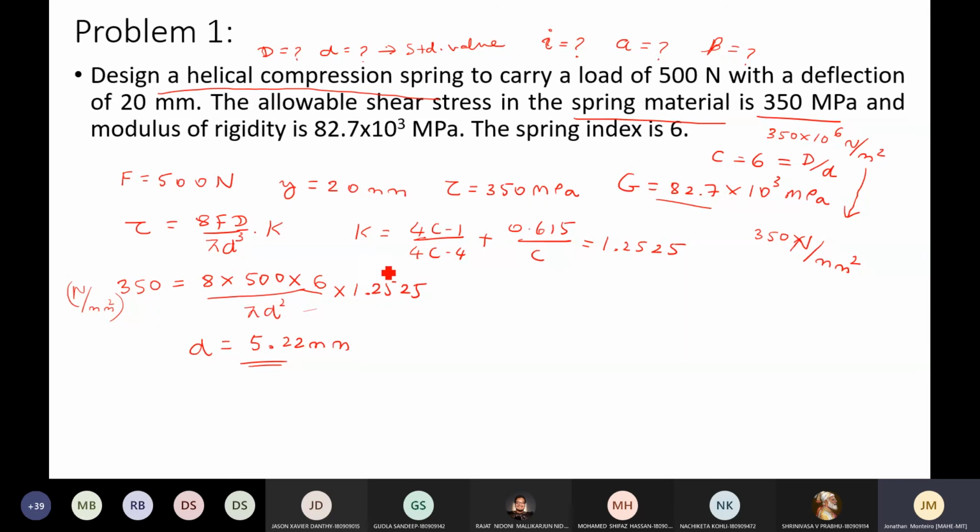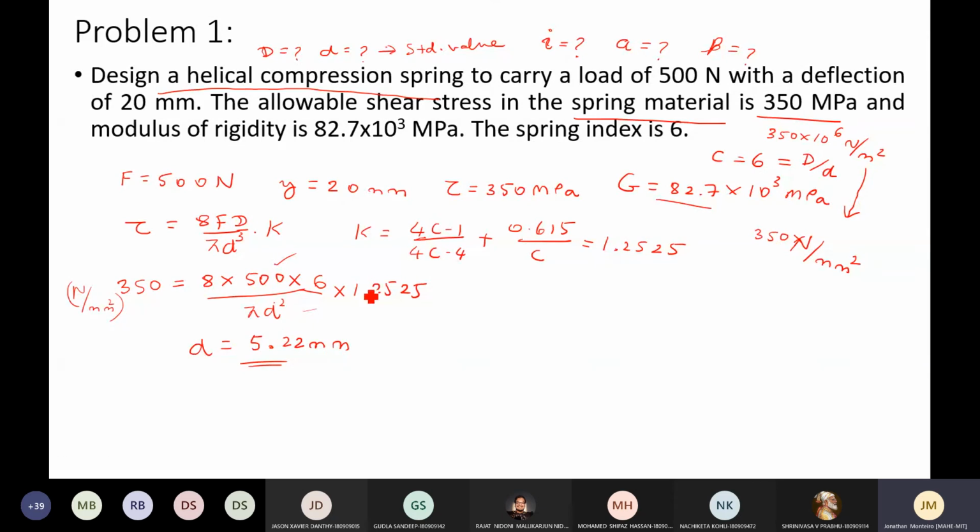Okay. Right hand side again, 500 is in Newton directly. So this is done. Then 6 is in mm. This is mm and mm here. So after solving you should get 5.22 mm. One of the common things we have seen is that they do something here with Newton per meter square, try to get it in mm and so on, and totally mess up the equation. So be careful with this 5.22.